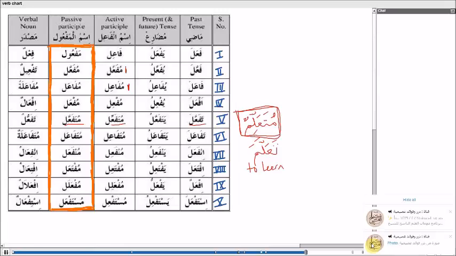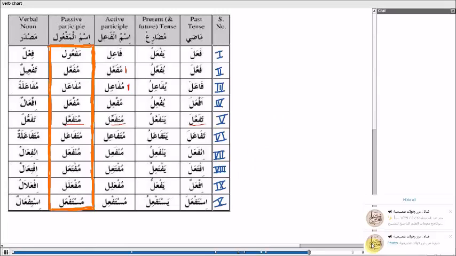And you can replace any of these words like this in any of these forms. Go back and find the fa'il, find the maf'ul, find the masdar, which we'll get to inshallah in the future. You can find the fi'l, find the madi, find the mudari, and then therefore you can know what these words mean. And you multiply your vocabulary by learning how to do this.